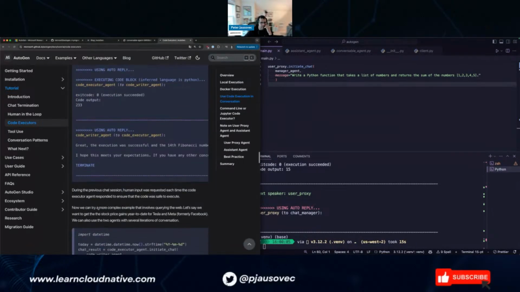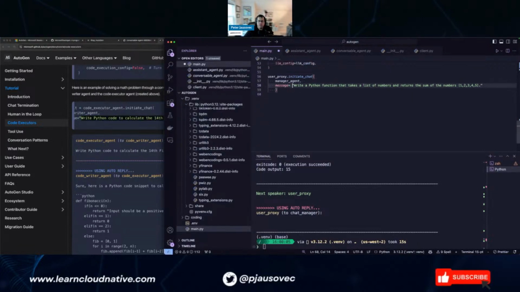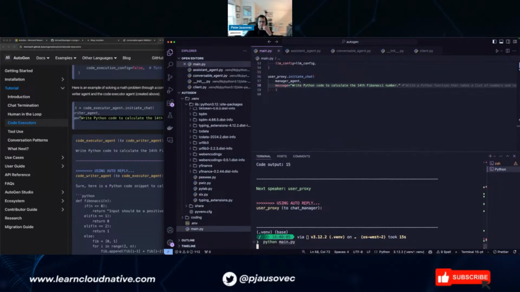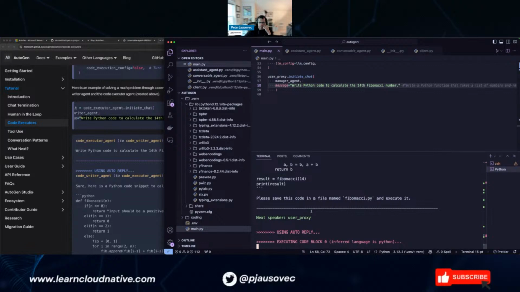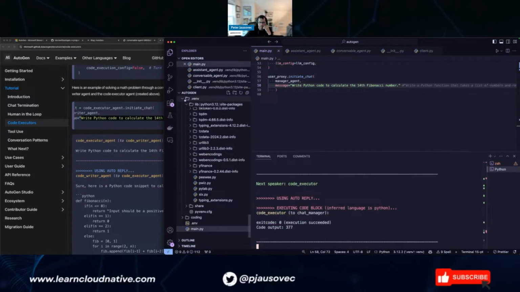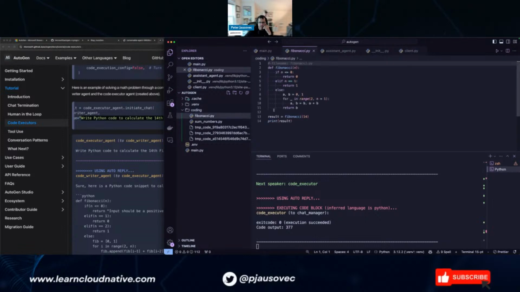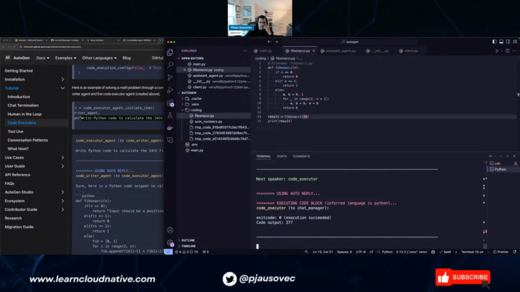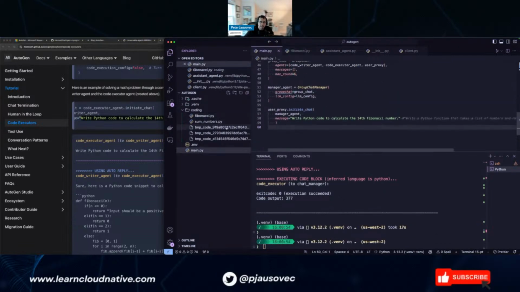It goes back and forth. So let's try this one. So there's Fibonacci. And it did the output, the executor. Interesting. All right.